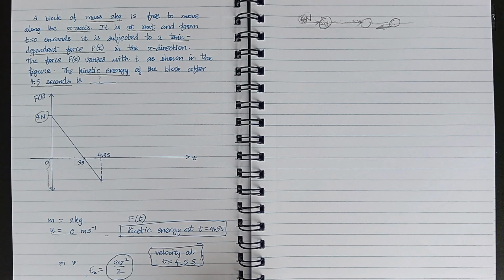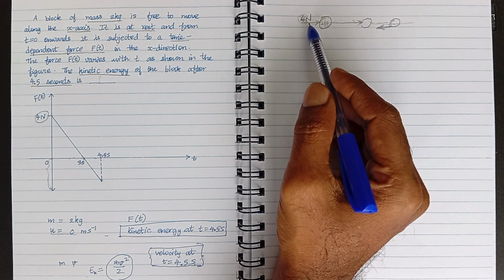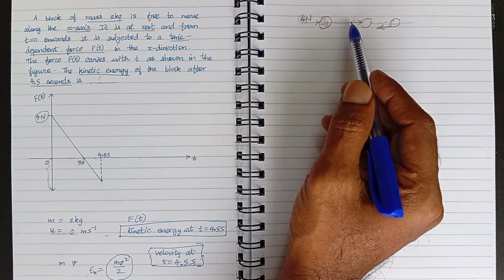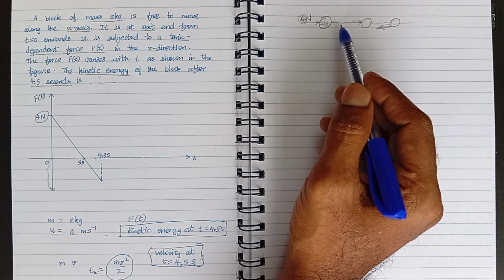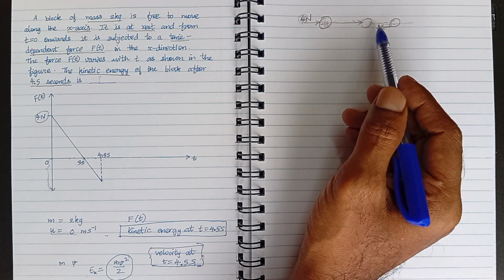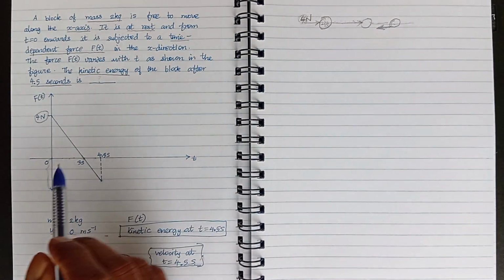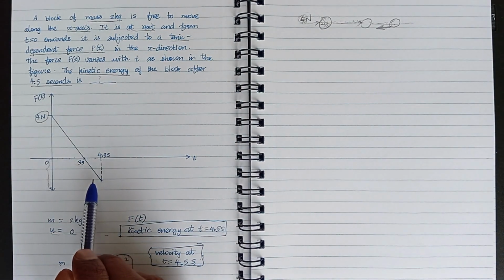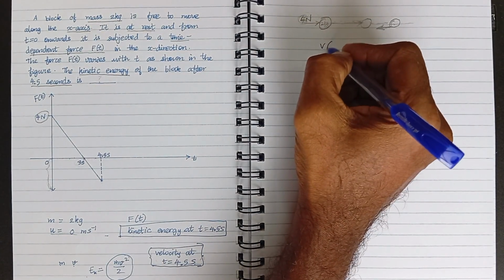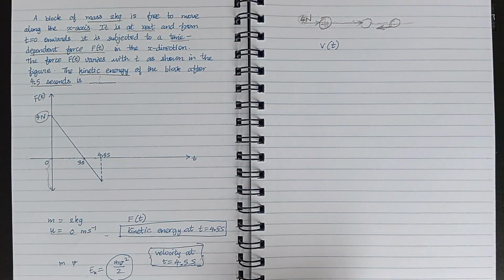Okay, so the first thing we need to understand is only two data is given. One is the mass, another one is the time dependent force. So as we discussed earlier, this force causes this body to accelerate. That means it causes its velocity to change, right? Force acting on a body accelerates that body, and acceleration means what? Changes in its velocity. So that means this force continuously acting on this body causes its velocity to change continuously. Basically, velocity varies with time. That's the key